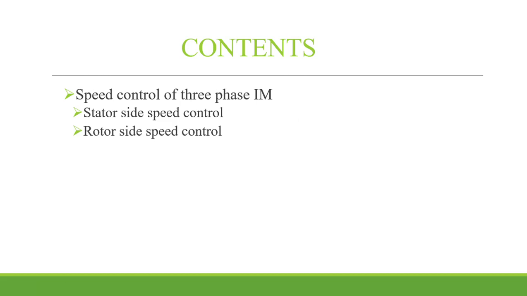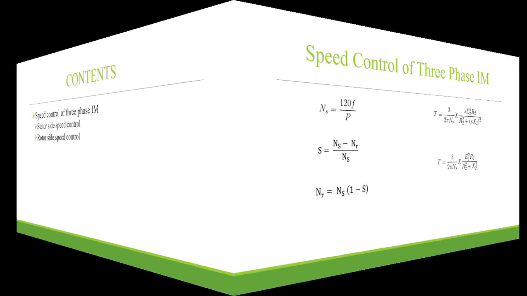Why? Because the three-phase induction motor is a constant speed motor, so it is difficult to control its speed, and it is done at the cost that we are decreasing the efficiency and we are having low electrical power factor. So this is how the speed is controlled, but we need variable frequency drives, we need speed control, so we have to do the speed control. So let us see this.